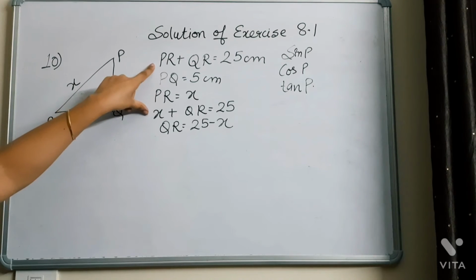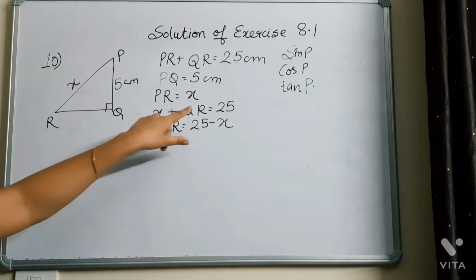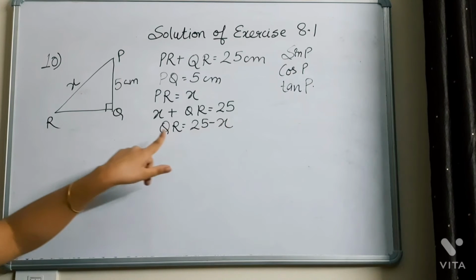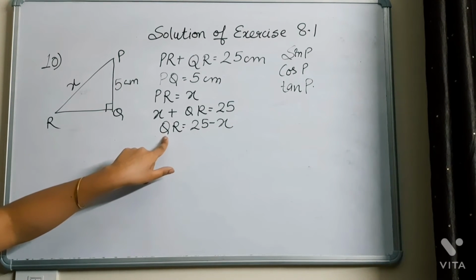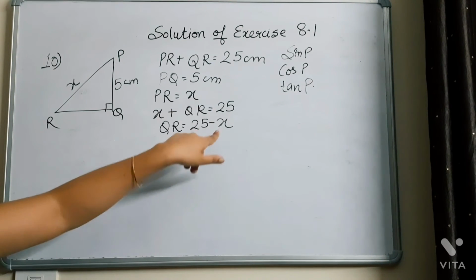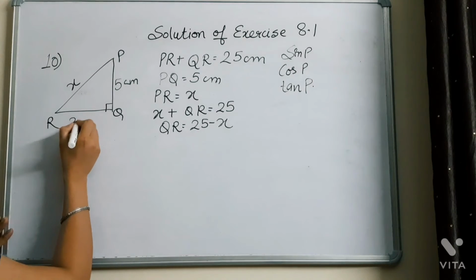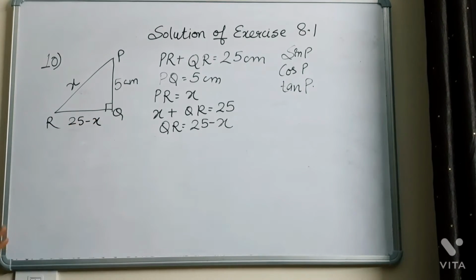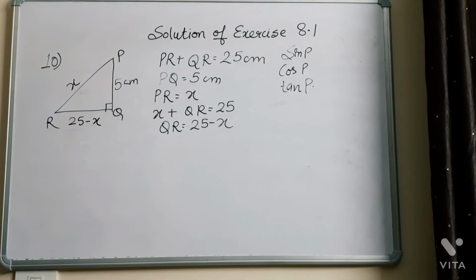So put PR is equals to x in this equation. X plus QR comes out to be 25. And QR from here will be 25 minus x. So right here QR is equals to 25 minus x. So these are the things that are given to you. I am just putting all the data in the triangle and writing on the triangle as a hypotenuse, base and